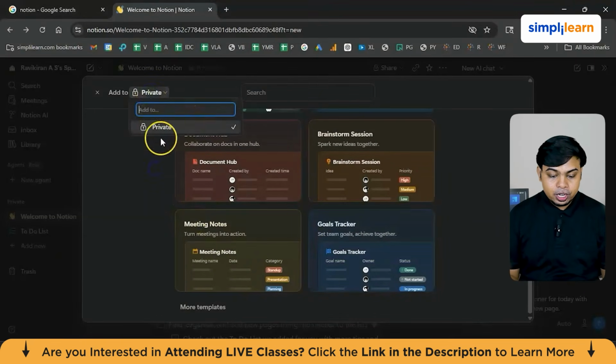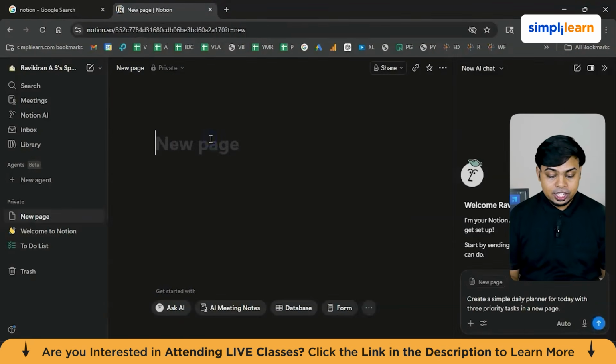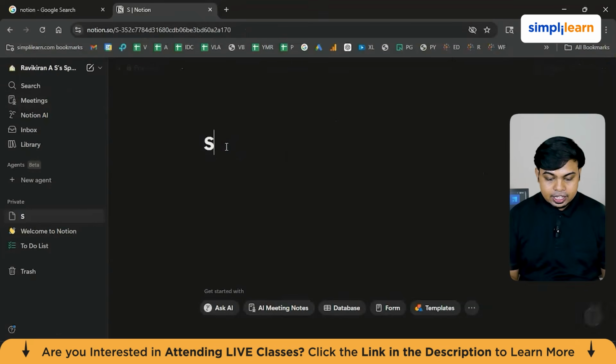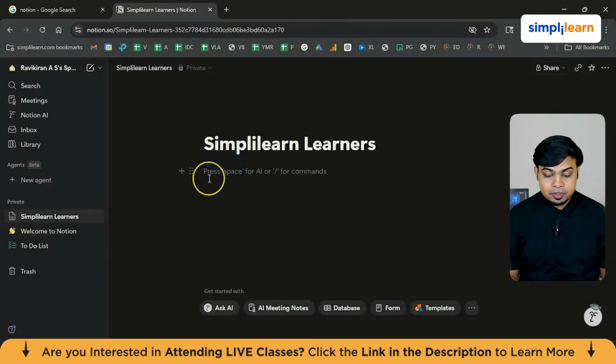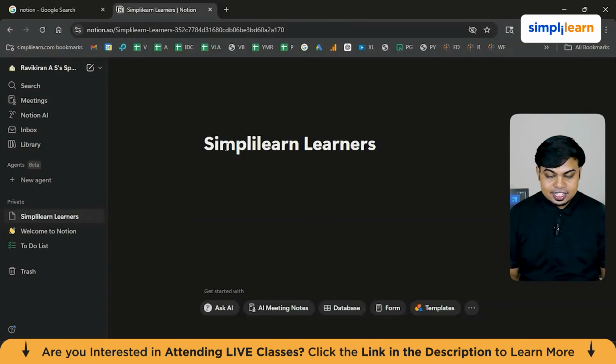And this will be private now because you're using this for personal use, but you can also change that when you're collaborating with other people. I'll go with a new page. I'll give a good name to my new page. Let me close the window for AI, and I'll give the page name as Simplilearn's Learner Database or something like that. Some data, yeah, data should be good. Or let me keep it as Simplilearn's data, and we will create a database in the next page. For now, let's keep it as just Simplilearn Learners. We will create a database next time.